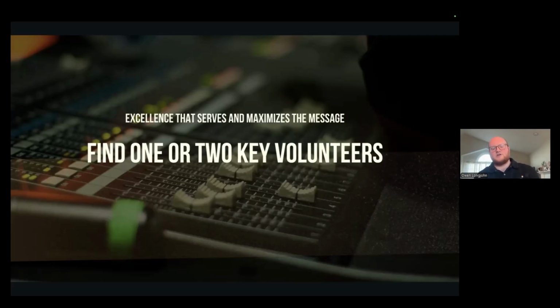And when you find one or two key volunteers and you start to invite them into those conversations, they go from feeling like, oh, we're there because they need us. It's that mentality as a volunteer: I'm here because if I wasn't here, then the audio thing wouldn't happen, the video thing wouldn't happen, right?